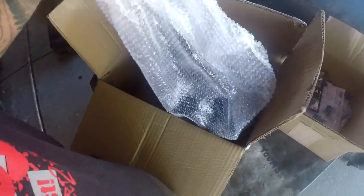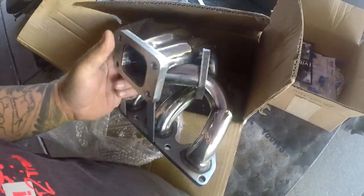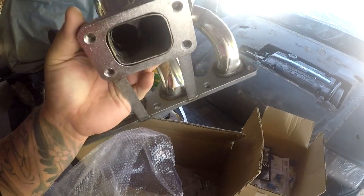Oh my god, dude. This is a tubular mini ram, it looks like. Yes, it is. It is a tubular mini ram for an H22. Oh my god, Shaun, you are unreal, bro. Like, for real, this is super unexpected. I did not expect this at all. I didn't even expect you to send me anything. That's why I told you. Okay, so